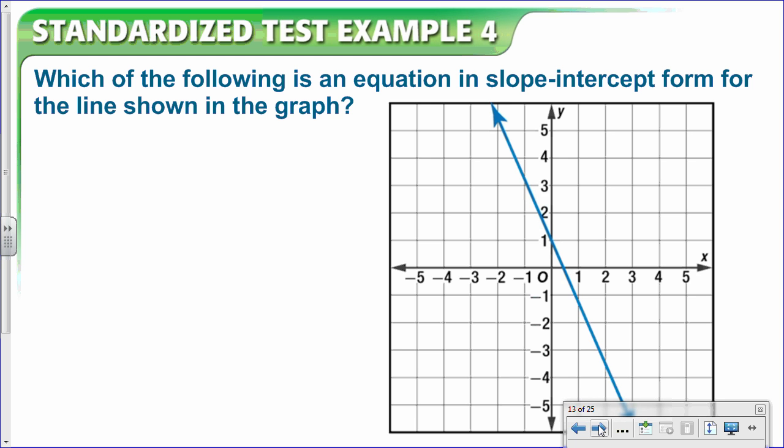Actually, where's my y-intercept? It's going to be where? Okay, then, right there. Okay, so y equals,